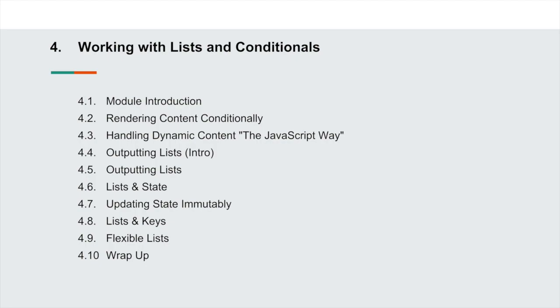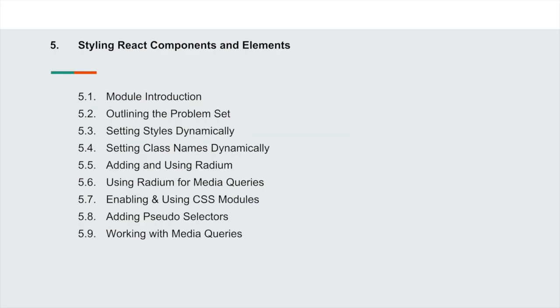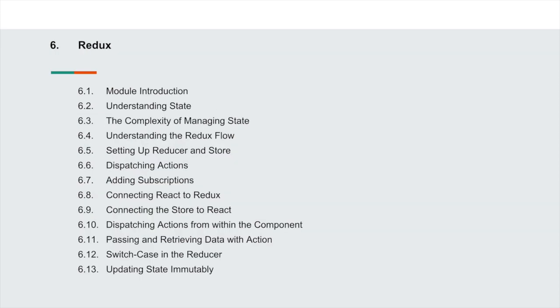After debugging, we will dive into styling React components, how we can style our React components, and how we can make sure that the styling we apply to a component only gets applied to that component, not to other components as well. We will take a look at this in this module. Thereafter, we will dive deeper into components. We already have learned a lot about them, but here we will learn about the life cycle. We will learn how we can cleverly control whether React should check for updates on components or not, and much